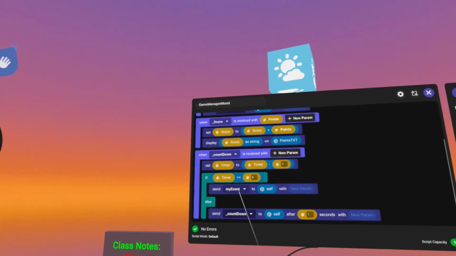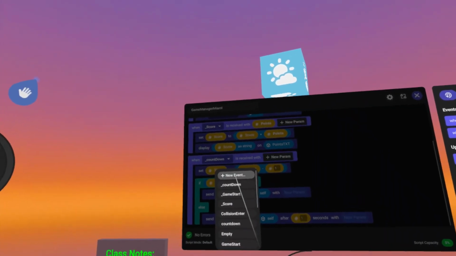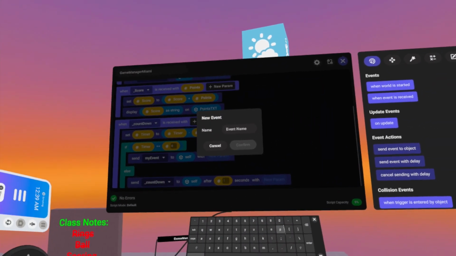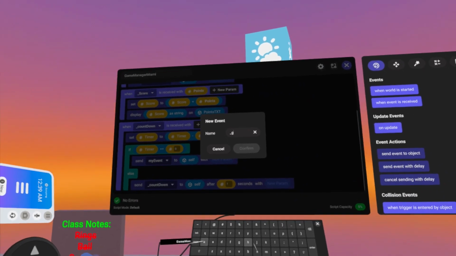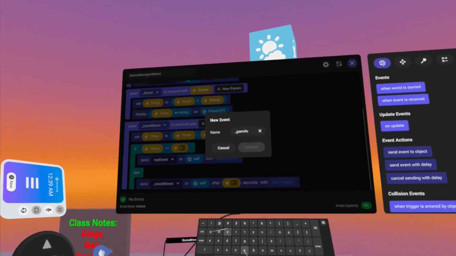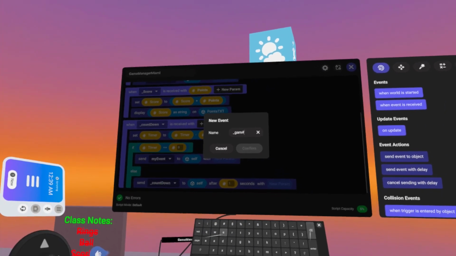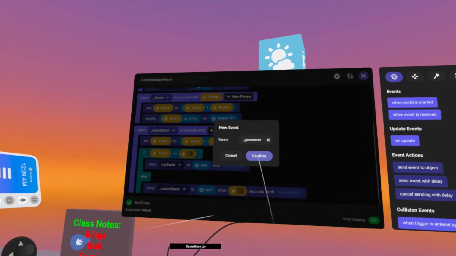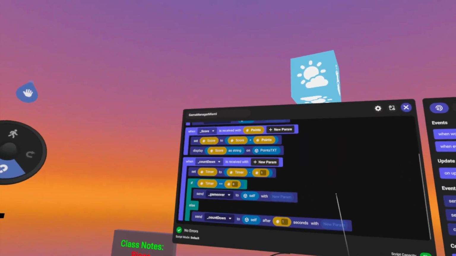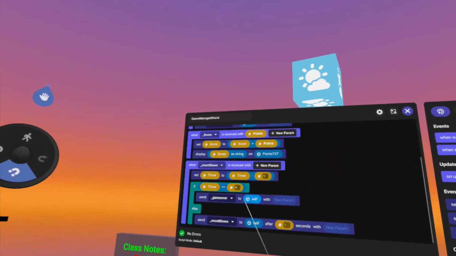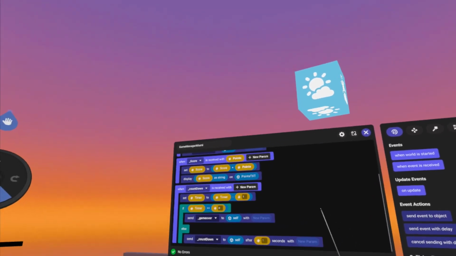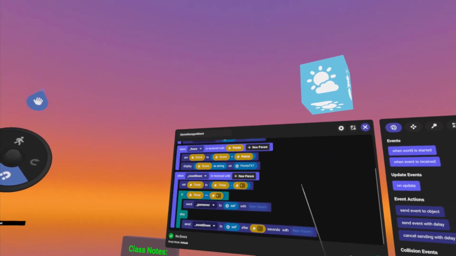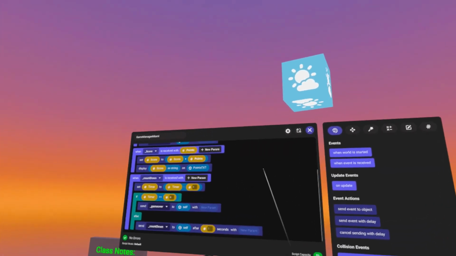All right, we're going to change that name because we don't want to send my event. We're going to change the name and call it game over instead of my event, because the timer is 0 seconds. So we don't want it to keep sending the timer countdown anymore. We want to send game over to self. Okay. When game over is sent to self,